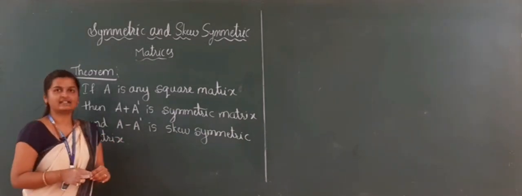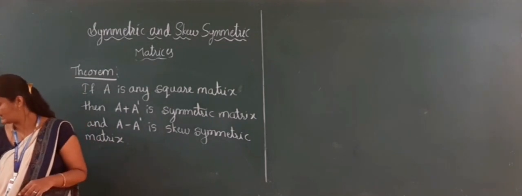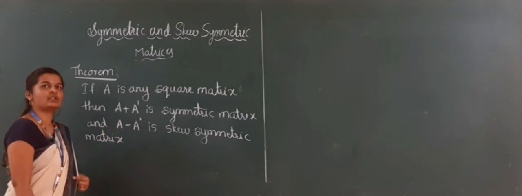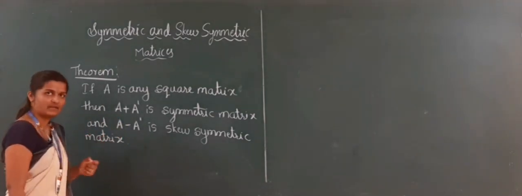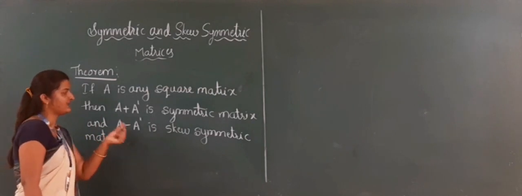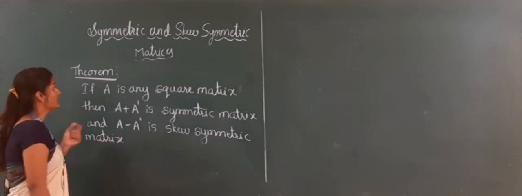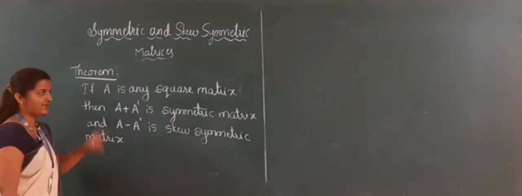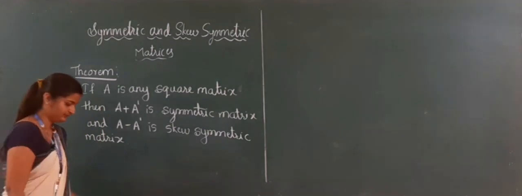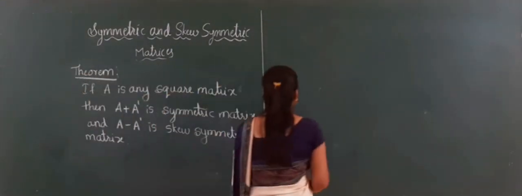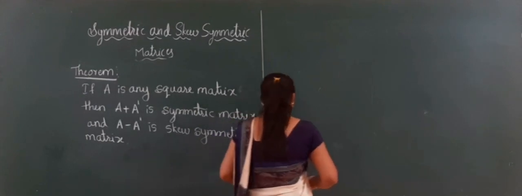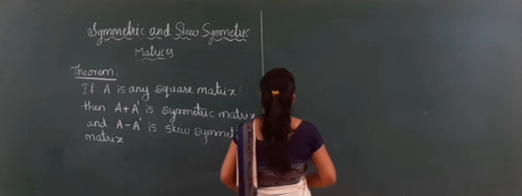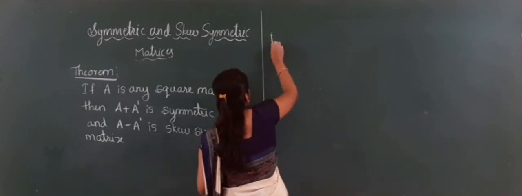So, if A is any square matrix, then A plus A dash is a symmetric matrix, and if you subtract, A minus A dash is a skew symmetric matrix. Now I have to give the proof for this theorem. Are you getting? This is the theorem, I have to give the proof. So, how to solve? The proof is,